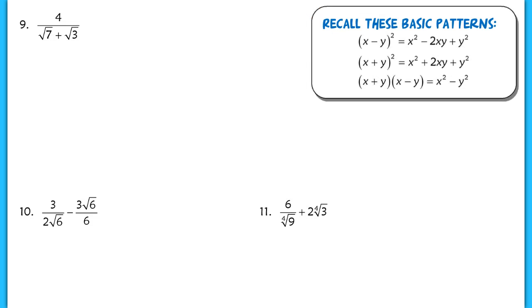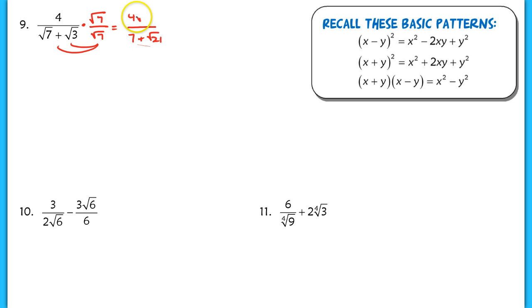Okay, in number 9, I want to rationalize the denominator here, but here I have 2 different radicals in the denominator. Some of you are going to want to get rid of that by multiplying by root 7 over root 7. The problem with this is that when you distribute that term to both parts in the denominator, it only gets rid of the first radical. So I have root 7 times root 7 is 7, but root 7 times root 3 is root 21. So I'll still have that